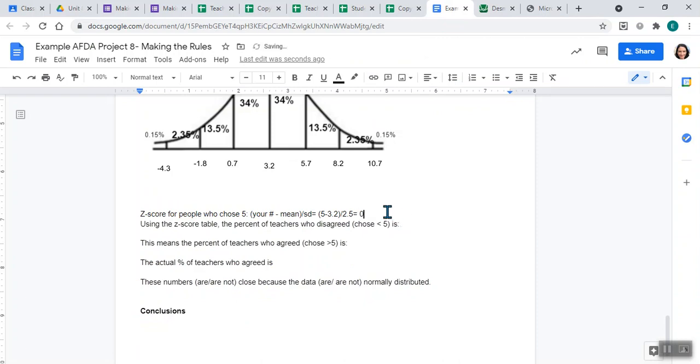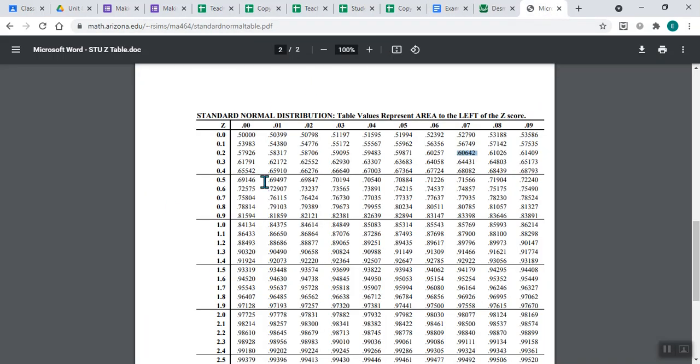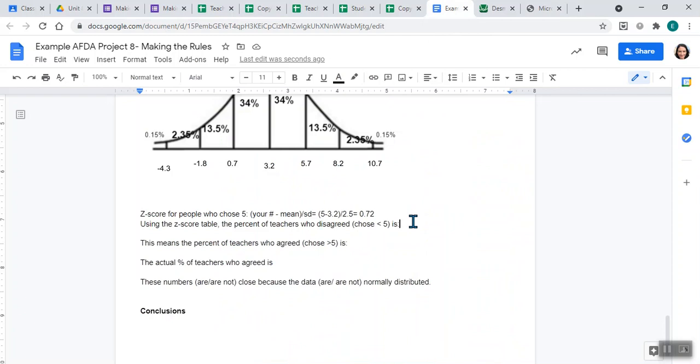So my z-score is 0.72. And then to find the percent of teachers who chose less than 5, I'm going to use my z-score table. So I'm still on the positive side from before. 0.7 is here. And then I find the column with the 0.02, it's right here. So 0.76424. Okay, and to make that number a percent, you multiply by 100, which moves the decimal over 2 places. So I get 76.424%